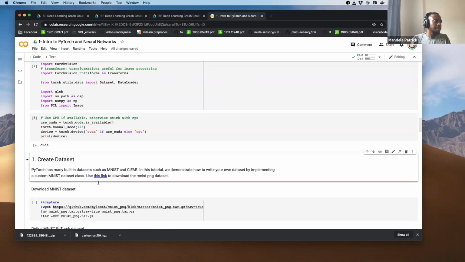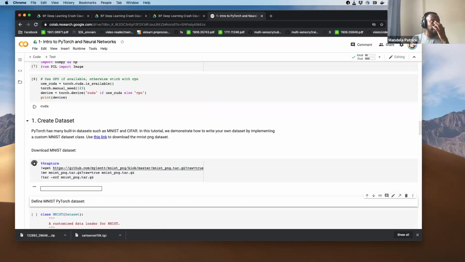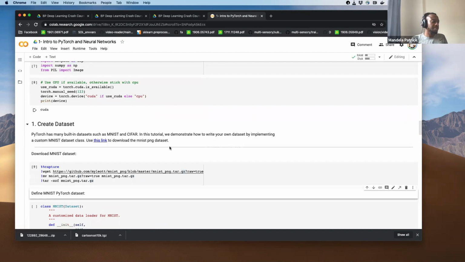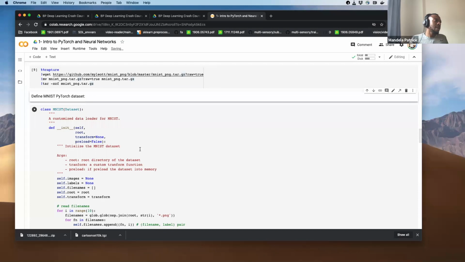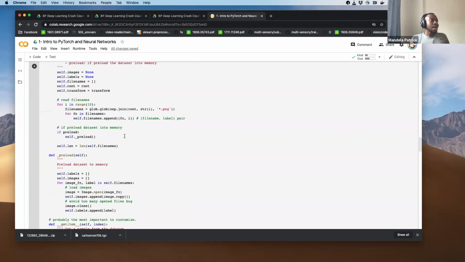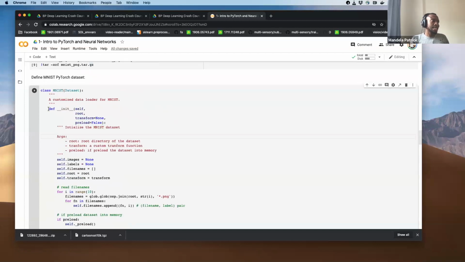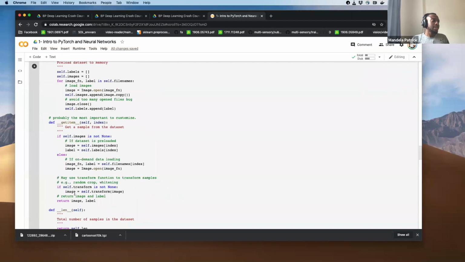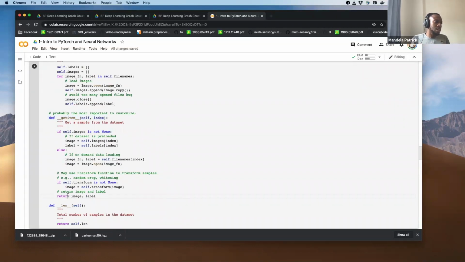So here I am downloading the MNIST dataset, which, as I said, is basically about 60,000 images, where each image is a handwritten digit, from 0 through 9. And then we have to define what we call a PyTorch dataset. A PyTorch dataset has 2 important functions you have to define. It's an init function, which does any sort of pre-processing. And then the most important is the get item function, which returns the data in the format that you want.